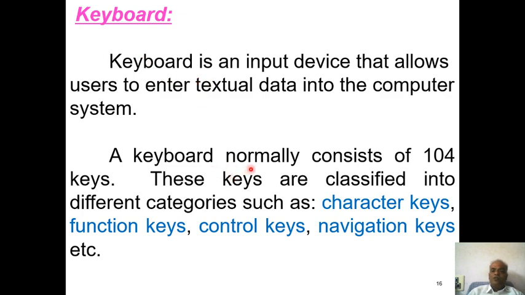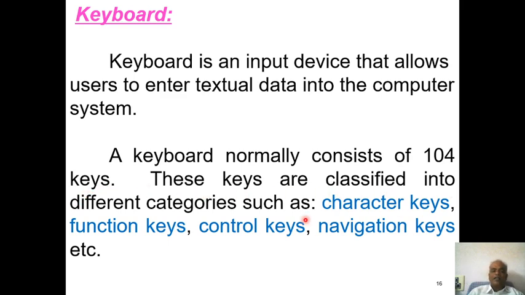So keyboards normally consist of 104 keys. In olden days, initially the keyboard was made with 89 keys. Later it was made by adding some more keys. Initially only one enter key in the keyboard. Later there are 2 enter keys, space bar, 2 control keys, etc. All the keys are added. So the keyboards normally consist of 104 keys.